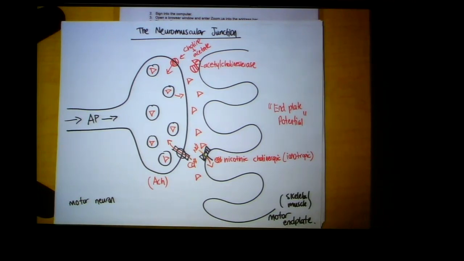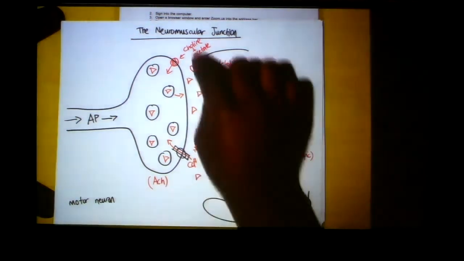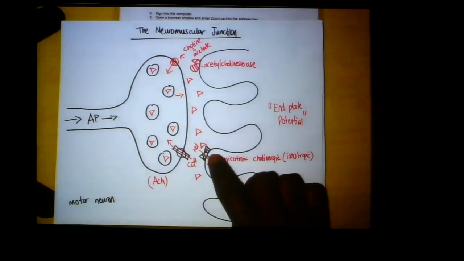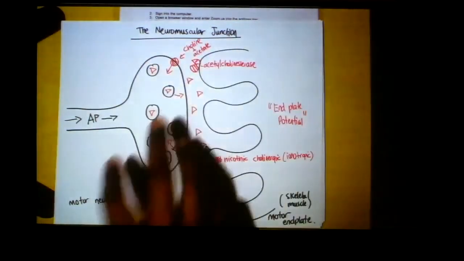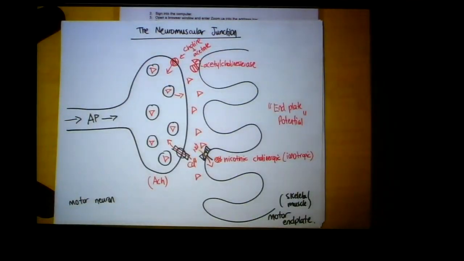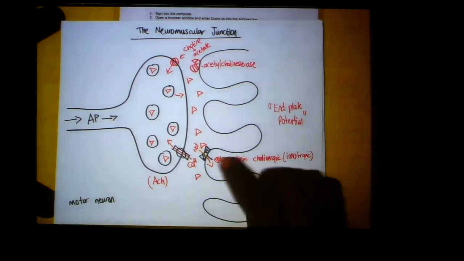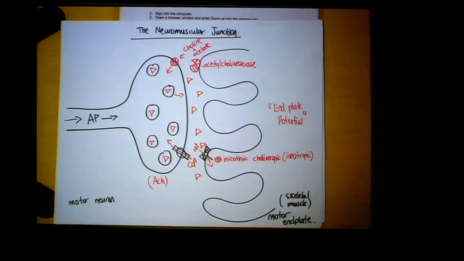Not really, not necessarily, but contraction definitely requires acetylcholine here. Okay, it also requires the appropriate action of this receptor, this cholinergic receptor. Okay, we'll talk about some toxins that block different things here. We'll also talk about myasthenia gravis next time, which is an autoimmune disease that affects this receptor, right? So I think that's it for